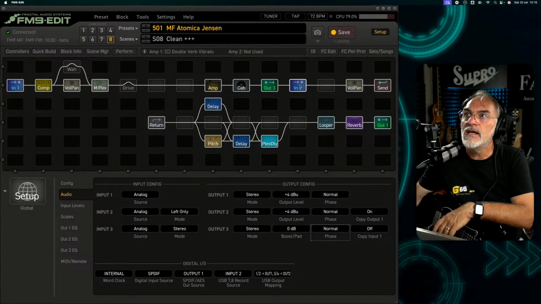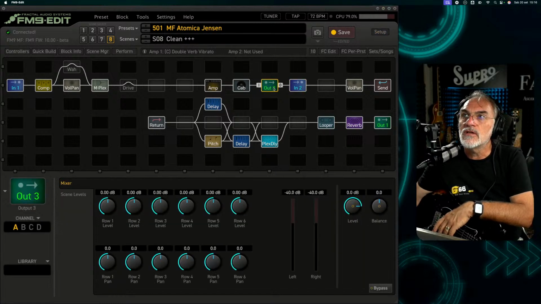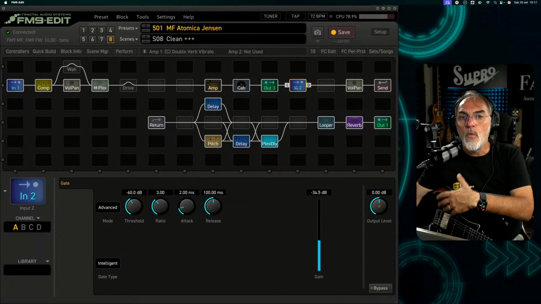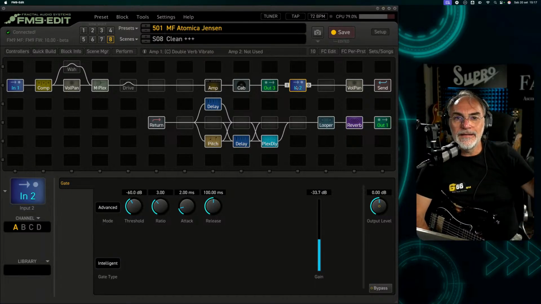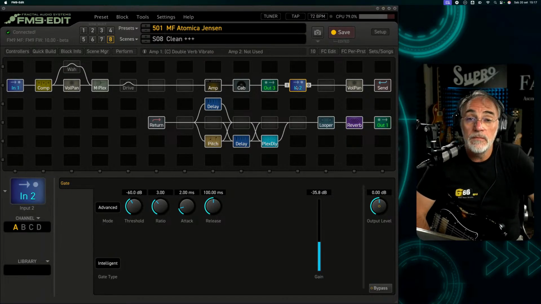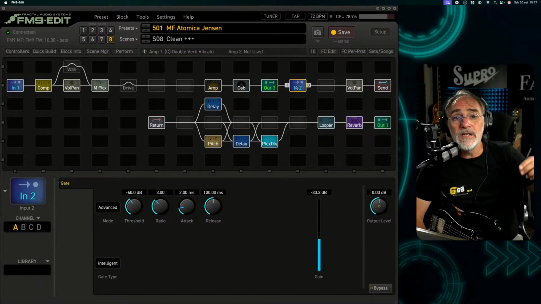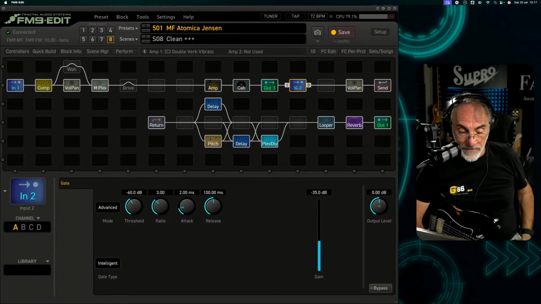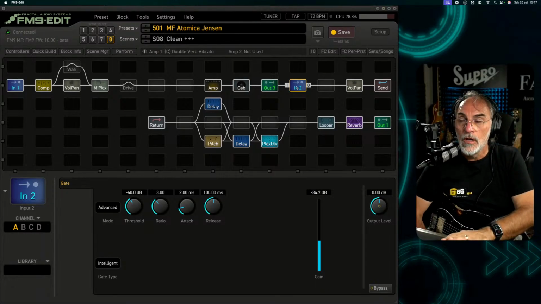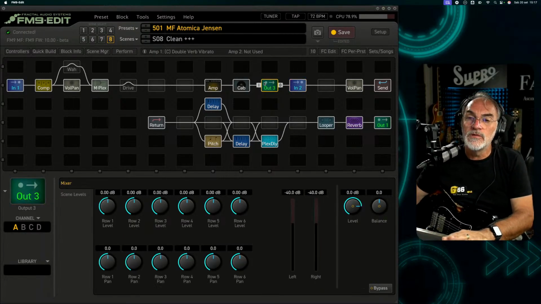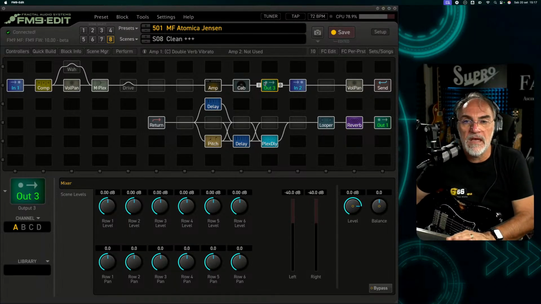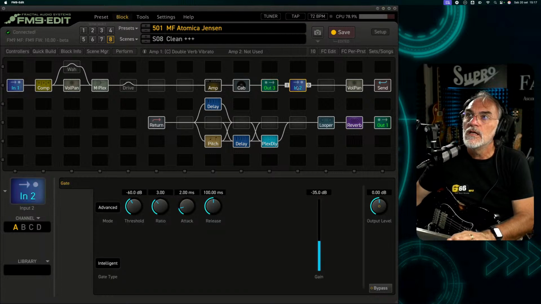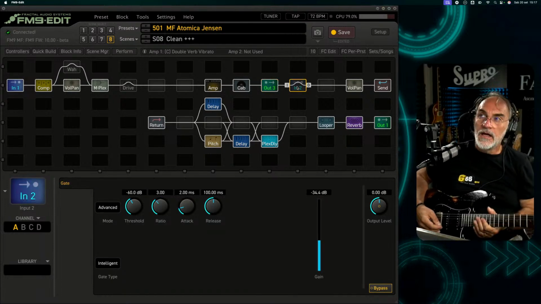Then let's go to the rig. On the rig, you can see the output 3, okay, and the input 1. When I enable the input 1, I get the signal from the input 2, that means from the output of the effect. I can show you. So let the output 3 always be enabled. You can also disable it, but it doesn't matter. Doesn't work. Okay, if I switch off the input 2,